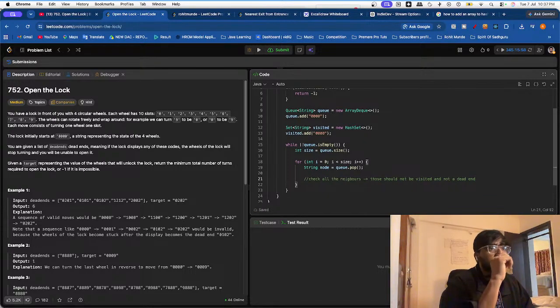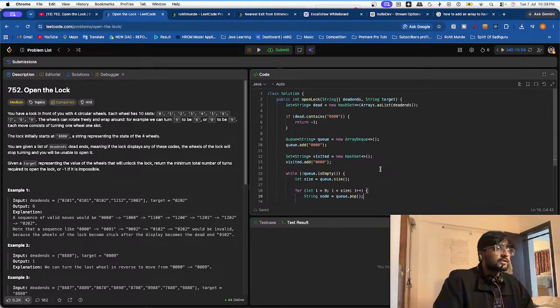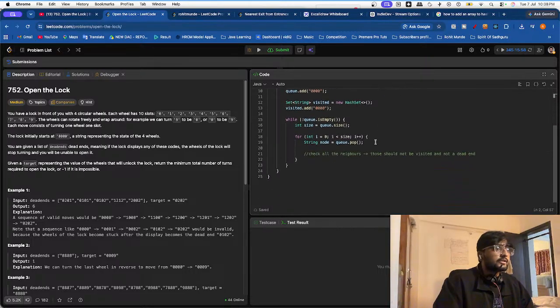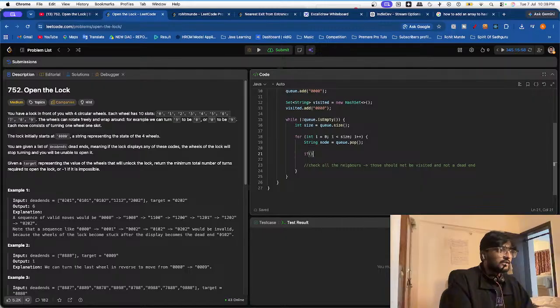So we can check if this current node is the target. How is the target given? Target is a string. So we can check if target.equals(node), equals होता है ना string के लिए, then return